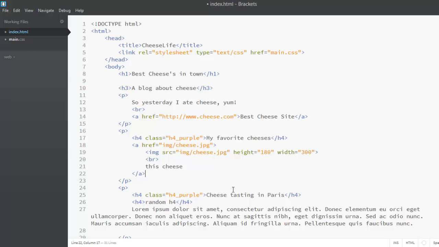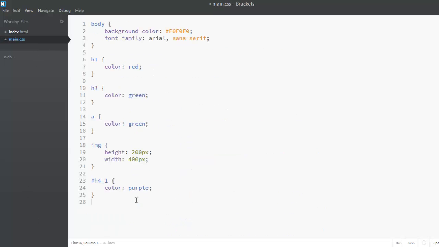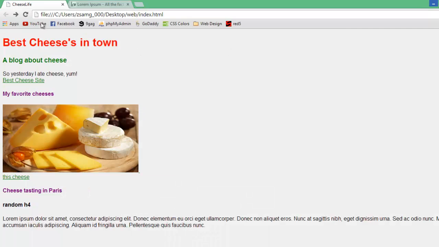I hope that makes sense. And the way you target classes is by doing a dot plus the class name. So our class is H4 purple. And then when we reload,